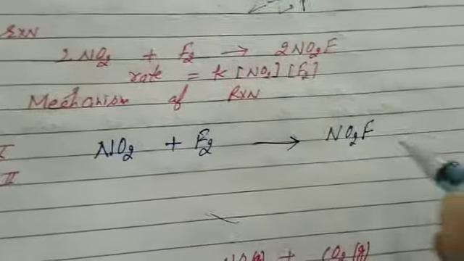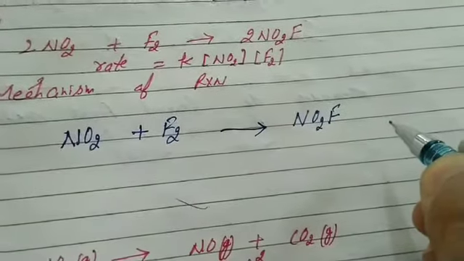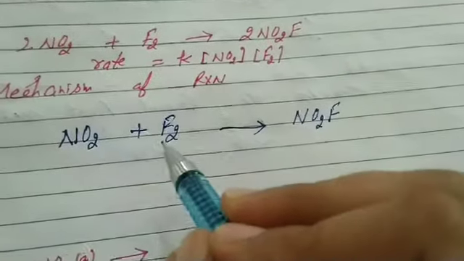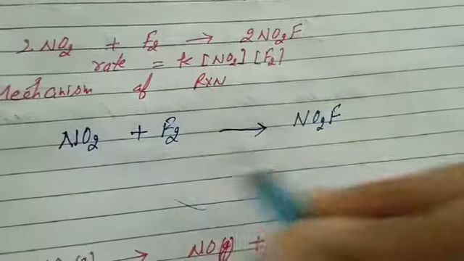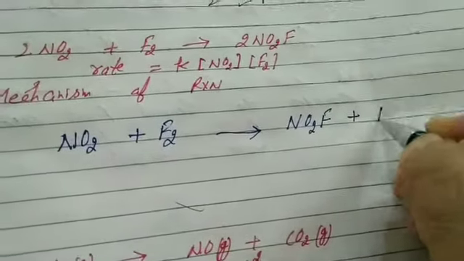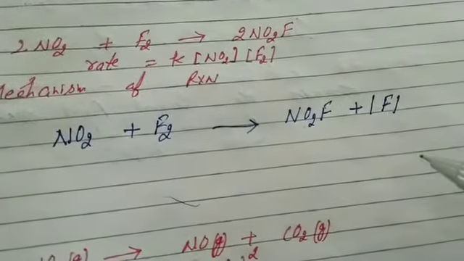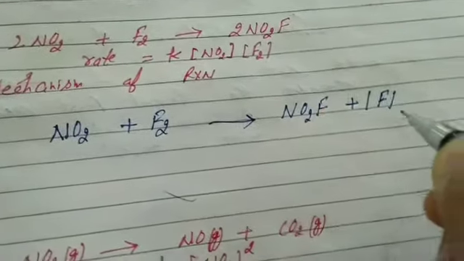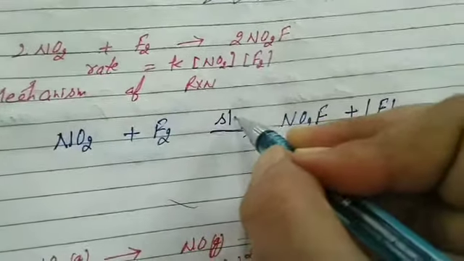Now please balance it. We balance only the product side, because the stoichiometry of reacting species will remain the same as in the rate law equation. NO2, NO2, F2. One F is less, so we mention it in nascent form. Suppose it provides nascent fluorine. It is balanced. Students, we proceed according to the rate law equation, so we mention here slow step.